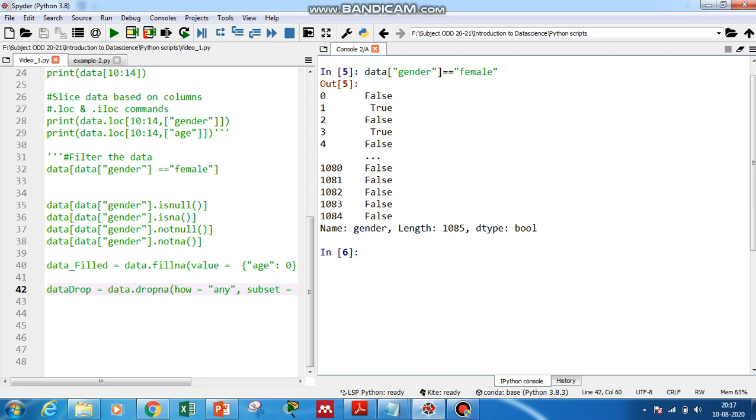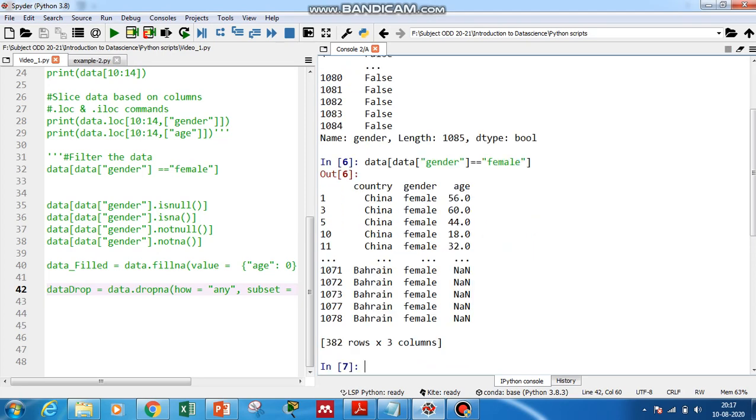It will display the output in Boolean format. Suppose we want the real values, in that case we will give one more data here. So now it is understood that it has extracted all the female rows from the data set.